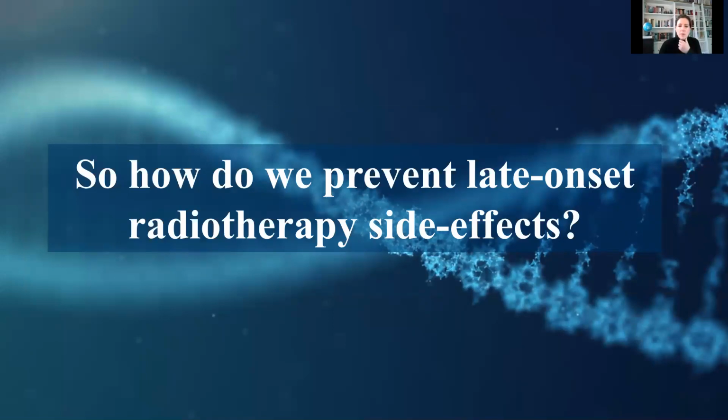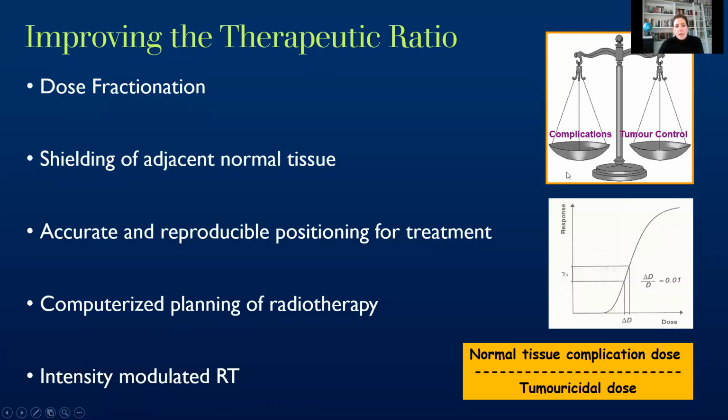So how do we prevent these late onset side effects? We have got the knowledge that has been gained over these 100 years has allowed us to work out what we can get away with, and that's the best way I can describe it. This little picture here with the scales balancing complications versus tumor effects is also reflected in this graph here, and also in this